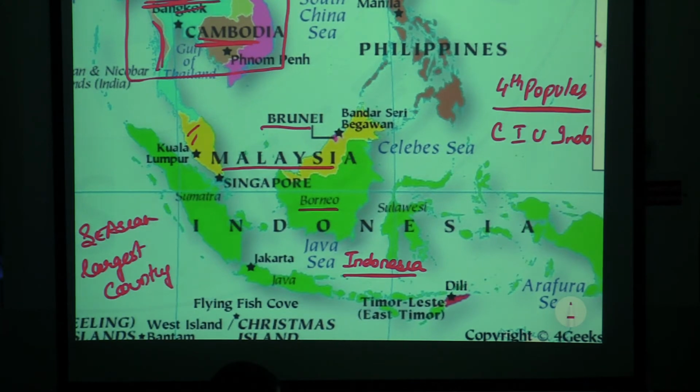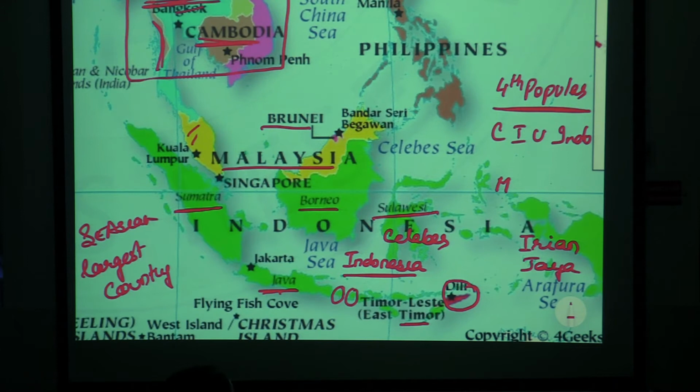And what exactly is Indonesia comprised of? It's Sumatra Island, it's Java Island. These smaller islands like Bali, Lombok, don't miss to see Timor Island. This is Timor Island. Timor Island has Timor-Leste as an independent country now. Sulawesi Island, which is also called Celebes Island. These islands are called Moluccas Islands. And this is the island which I told you in the very beginning, Irian Jaya. Now remind yourself, Irian Jaya is part of New Guinea Island, and New Guinea Island is politically divided into two,